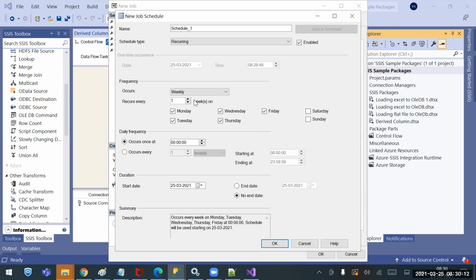Now here it is asking every week it will run. Every week, and that too on these days it will run. And what time it has to run. See, occurs once at a particular time, or occurs every minute or hour, whatever you want. Let's say every 2 minutes I want to run my schedule, guys. And what is the starting time? Let me put it as